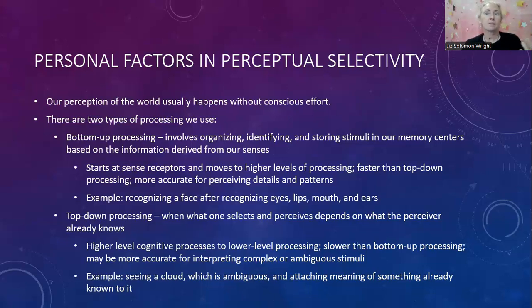So one example would be if we're looking at clouds and saying, oh, that looks like a dog, or that looks like an arrow or something like that. If we see a cloud, which is an ambiguous stimulus, and attach meaning to it, something that we already know, then we are using top-down processing. So that has been